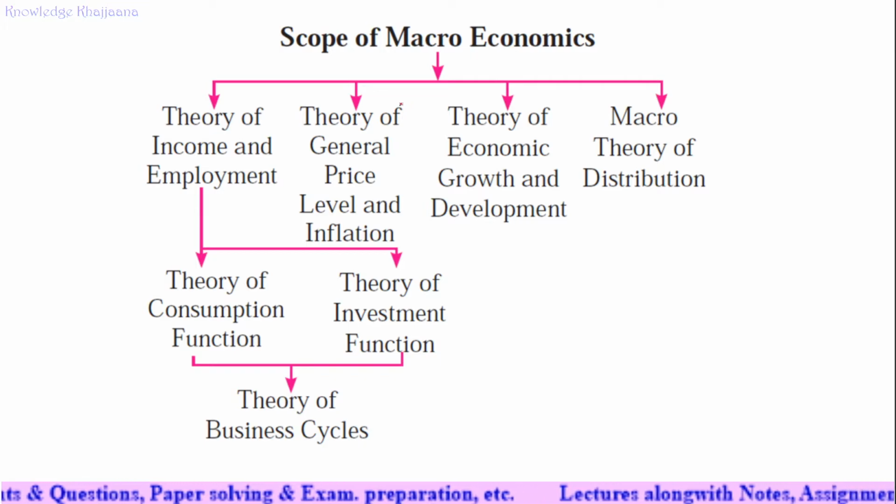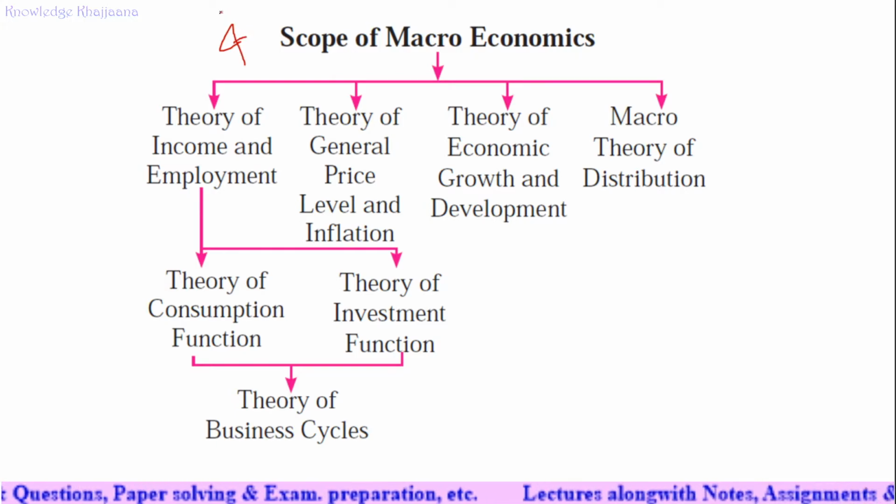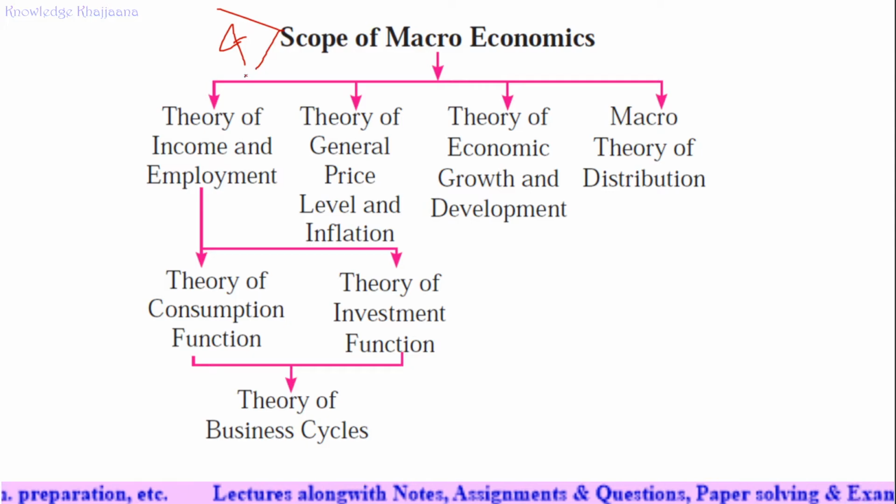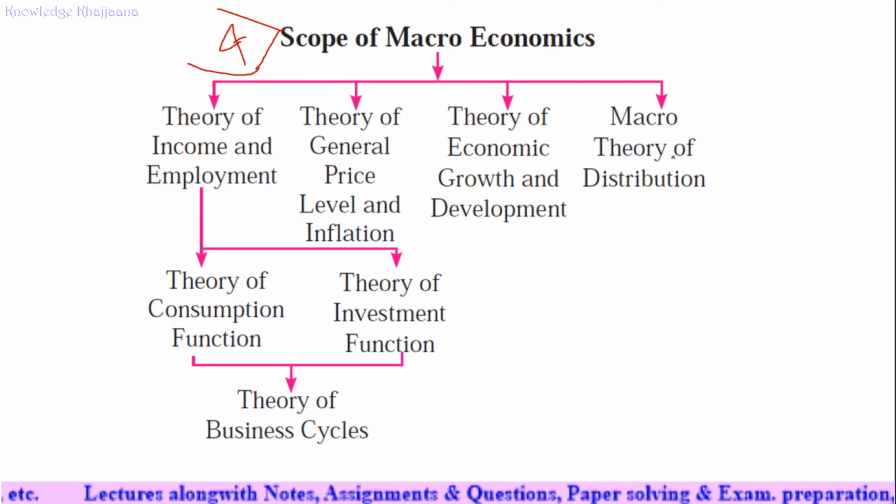Macroeconomics is learned by following these four theories. Theories always make it useful for us to learn the concept. For example, when you are learning geometry, see how geometry becomes easy for us, because there are different theories. If we assume the theories, then it is easy to understand some concepts. So the scope of macroeconomics is easy to learn by using these four theories. The first theory is the theory of income and employment.